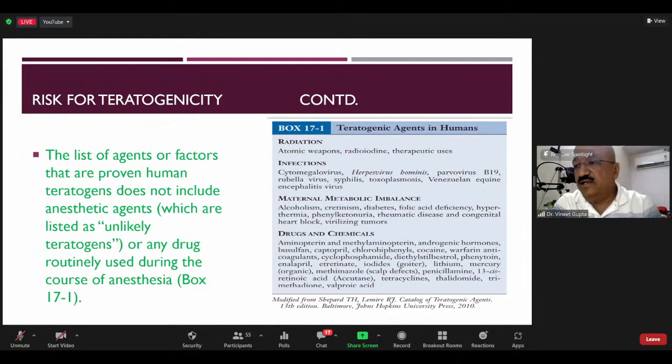giving importance to, that is why it is important for us to be stress-free while dealing with these patients. And once you know that none of your drugs is actually teratogenic, you will be feeling comfortable, you will be convincing about your drugs, your process, your machinery, and then you will convince your patient: madam, don't worry. We are using very safe drugs and it's not going to affect you adversely.